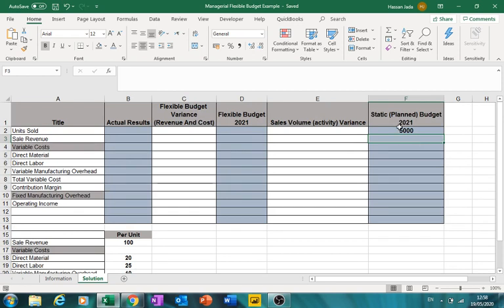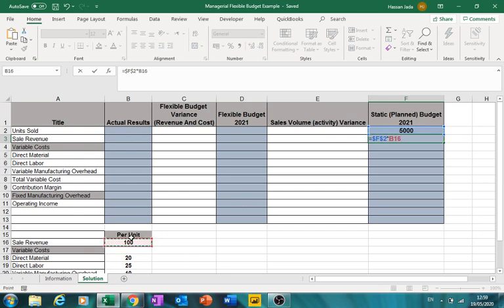We planned in 2021 to sell 5,000 units of our product, units sold. We anticipate to sell 5,000 units of our product. Then we can prepare our static or planned budget for 2021, as we expected to sell 5,000 units of our product. We can put the equation equals to 5,000 units here, and we can put a dollar sign here to make it an absolute reference, multiply by